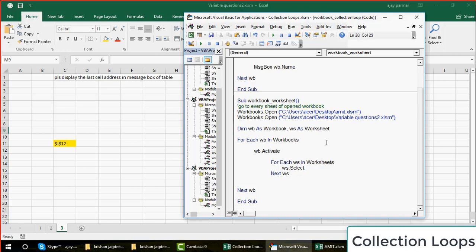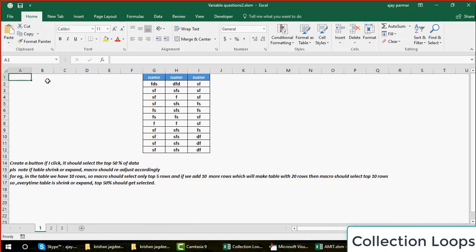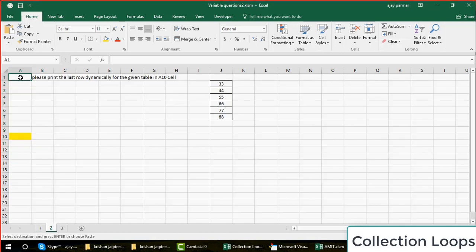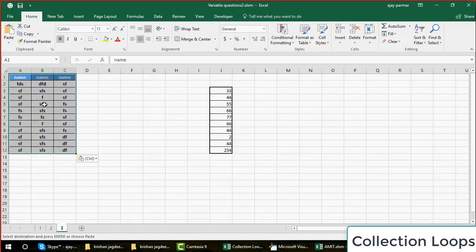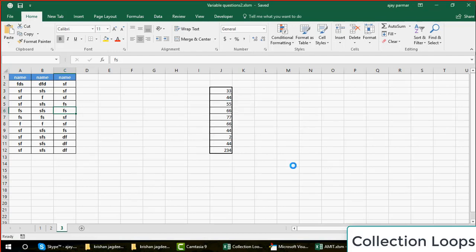Now we will go and do the last thing. I just go and put some data here. Okay, so this is my data, for example. So what I do is, let's say this data is here. One more data I'm going to put in all the sheets quickly. Let me just put all these files here. Okay, I go and save this. I want to compile all the data and put it in one test file.